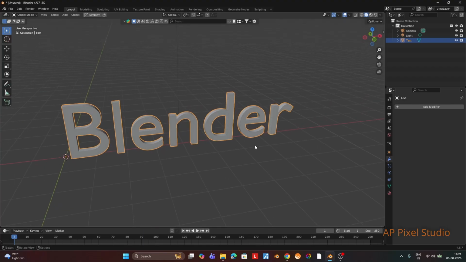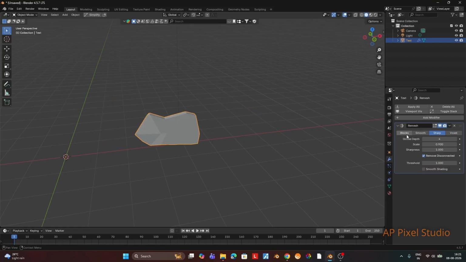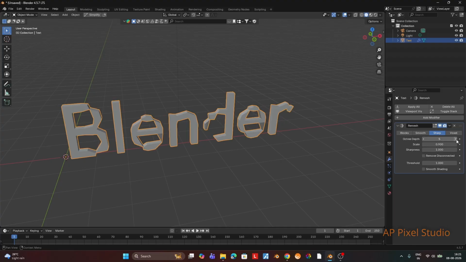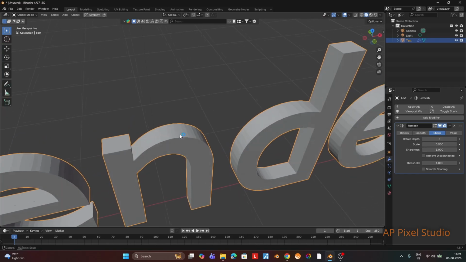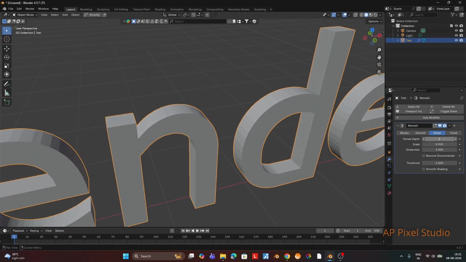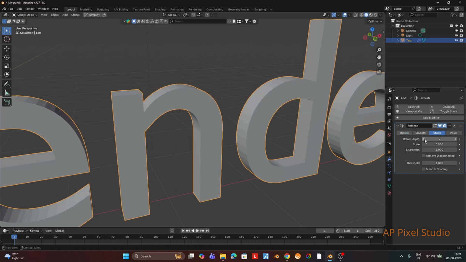Now we will go to add modifier, then we will do remesh and we will go to the sharp and we will just uncheck the remove disconnected, so other things will be displayed. We will update the octave depth until everything looks clear. So if you see, this is how it's looking when we set 8, and if we set 9 there is not much difference, so we don't need 9, 8 is fine.